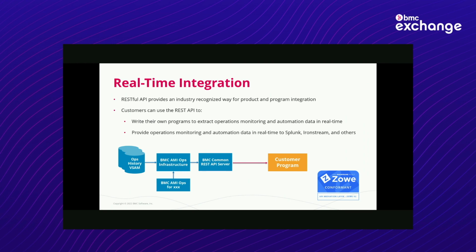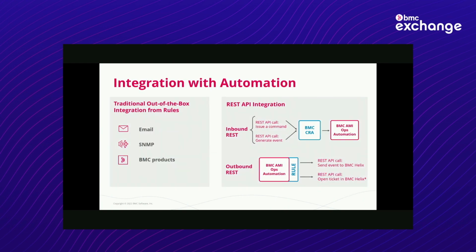And so the Zowe version 2 CRA or Common REST API service is also available and capable and conformant with that. And just to give you an example, building around this technology, our focus has been on building an integration,